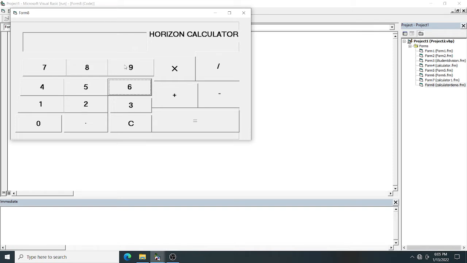All the buttons have captions. On all the digit buttons, you can see the captions. We need to concatenate this caption. Here also you can see multiply, division, plus, minus. So this number we need to concatenate. Let's understand the code for the number button.